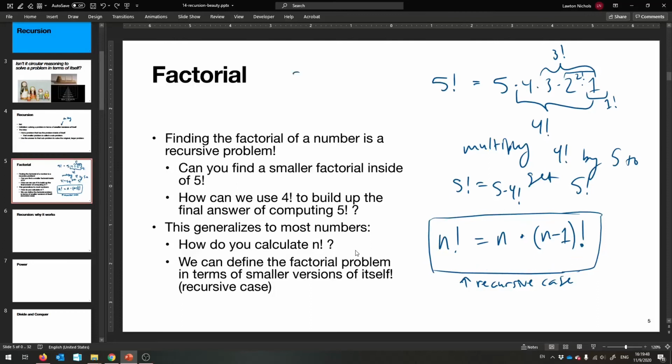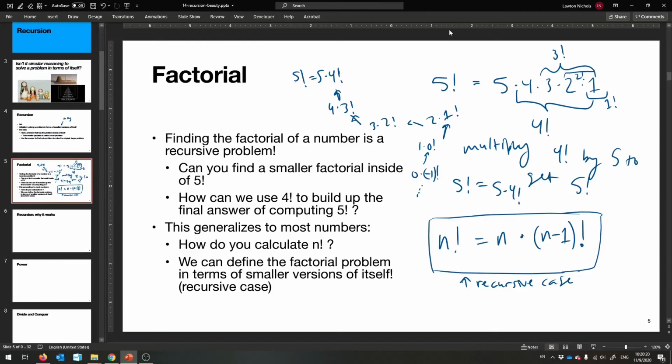All right, yeah, 5 factorial, that's 5 times 4 factorial. Okay, but that is 4 times 3 factorial. Okay, given our rule, that's 3 times 2 factorial. Okay, given our rule, that's 2 times 1 factorial. Okay, that one's 1 times 0 factorial. That's still technically correct and fine. And now we get into a problem. Okay, yeah, that's 0 times -1 factorial, yeah? And so on and so forth until the end of time.